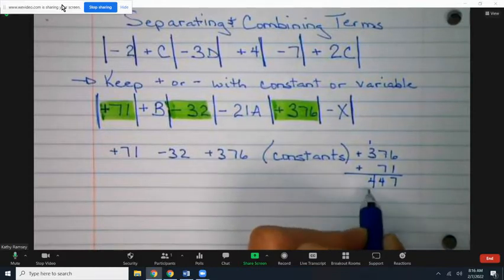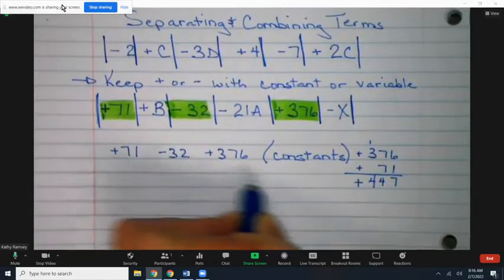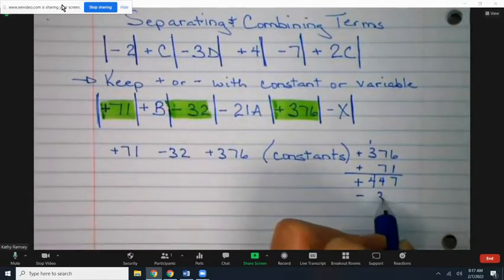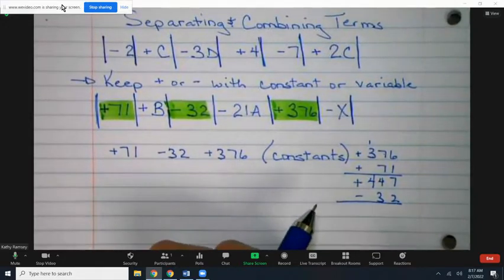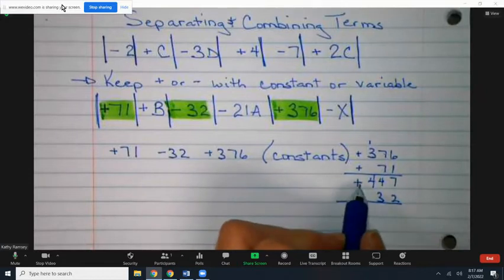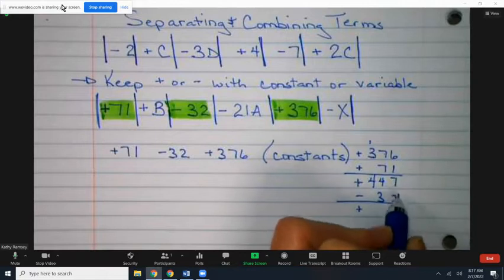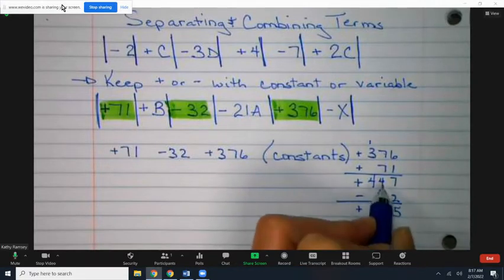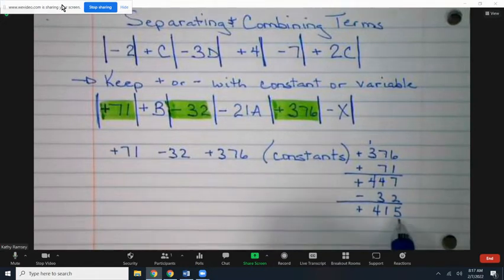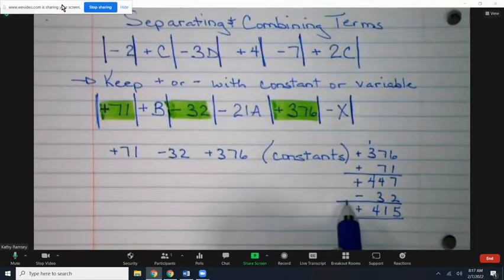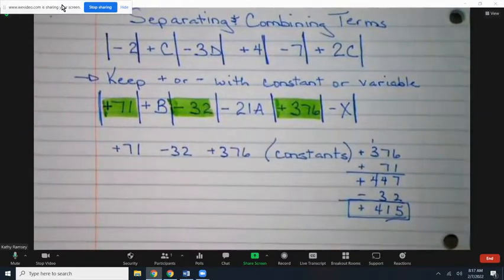So now I have 447 and they are positive. Now I'm going to bring my negative 32. And because they are integers of the opposite direction, I'm going to take the sign of the bigger and I'm going to subtract. So 7 minus 2 is 5, 4 minus 3 is 1, 4 minus nothing is 4. So we have 415 and it's positive. I'll highlight that real quickly